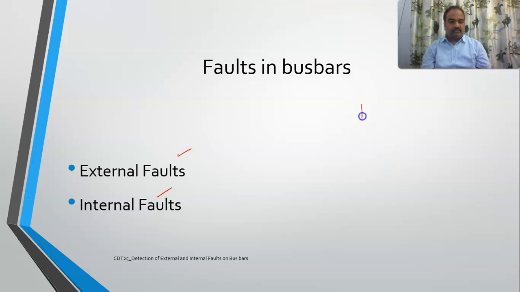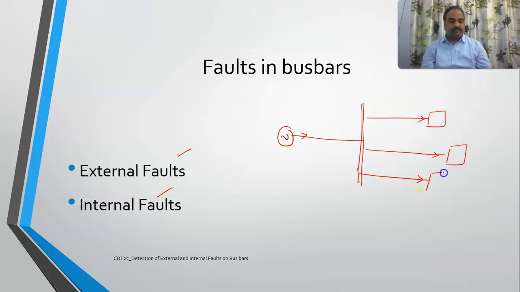So this is my bus bar and this is my incoming feeder, and I'll take 3 outgoing feeders. Each one is providing to a load. So normally I do employ